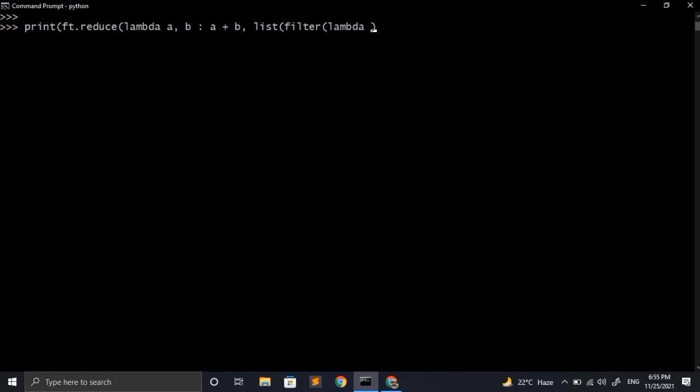Now you tell me what this lambda function is performing. If you know that, then do comment and let me know. After that we just have to provide the iterable, and for that I am just quickly making a list here and I will be adding values to that. So after closing all the parentheses, let's execute it. So the output is 6, and this line of code is actually adding only those numbers that are even.